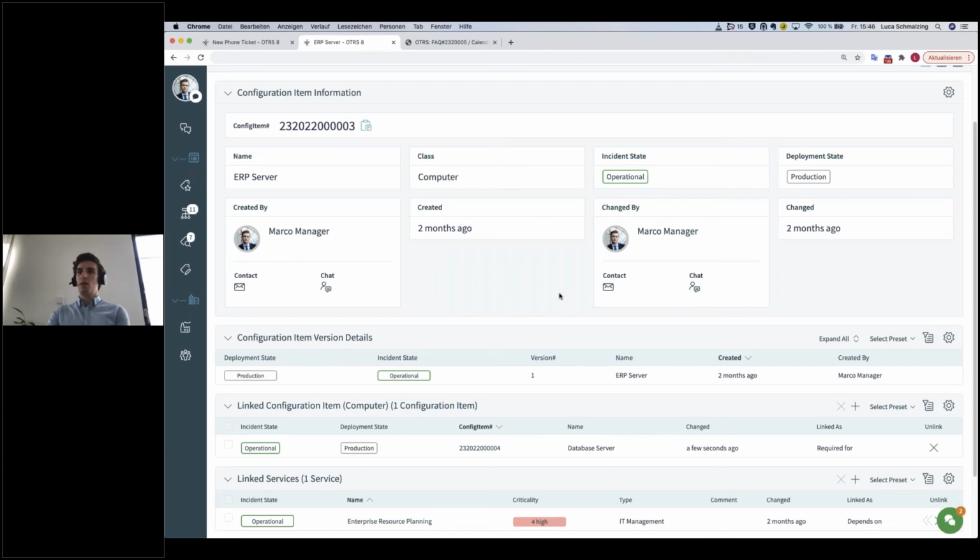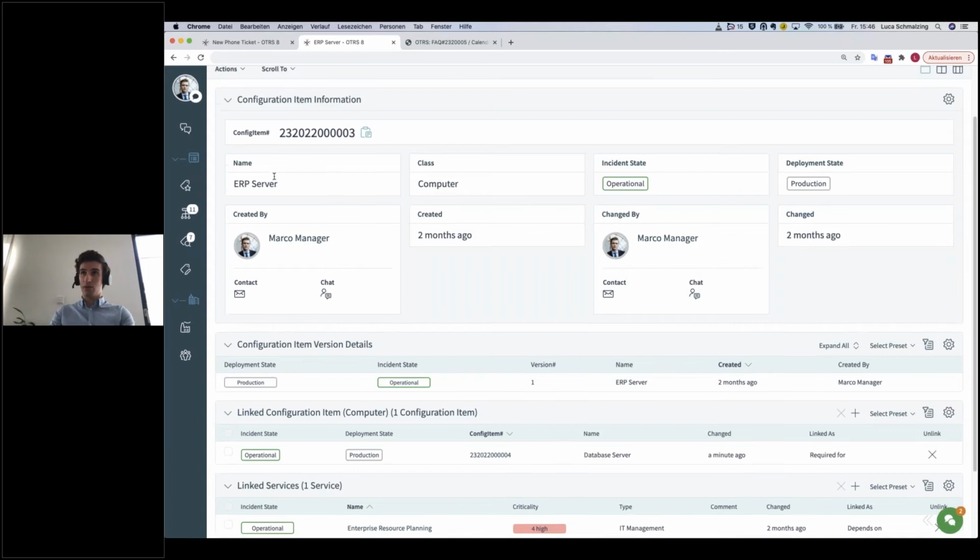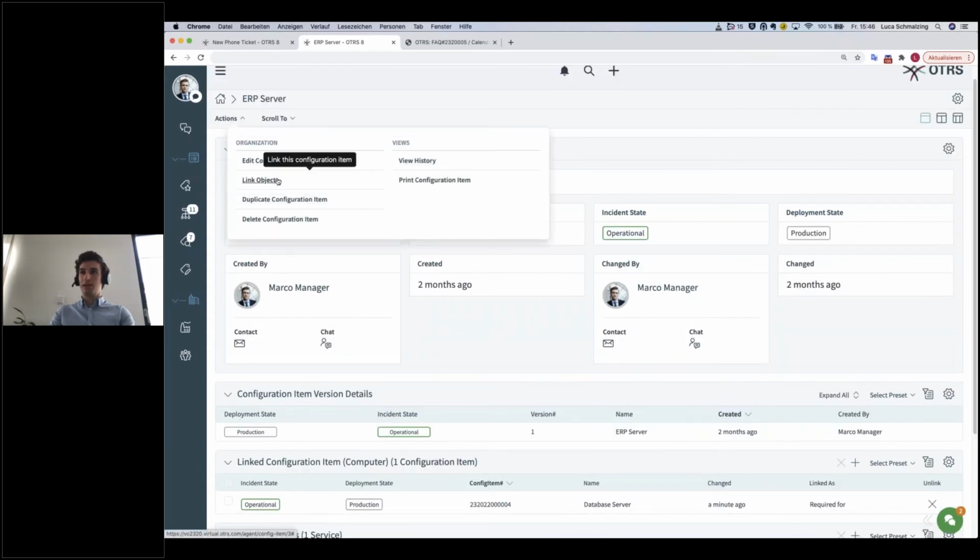When we have something that is dependable or depends on something and is just required for, it will affect the other settings. So in this case, the ERP server just switched to a warning state because its database server was not running anymore. But if we switch the ERP server now into an incident state,